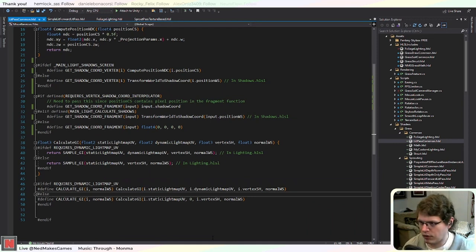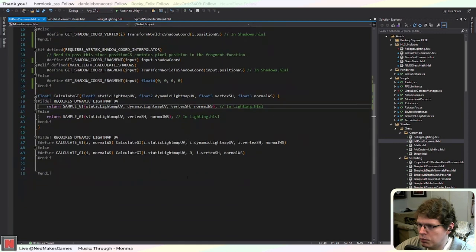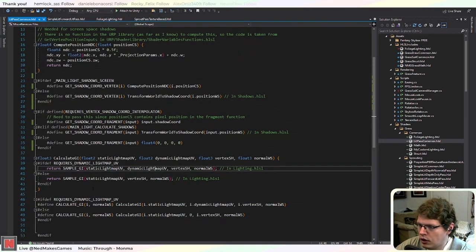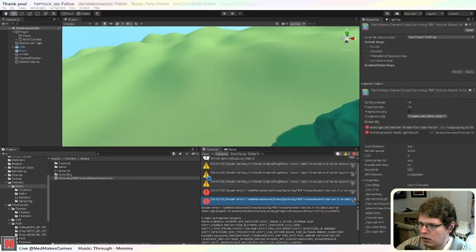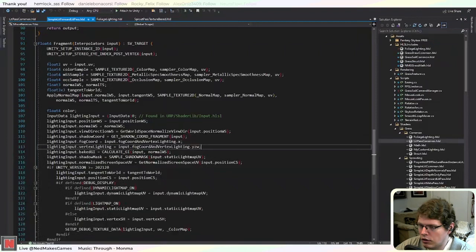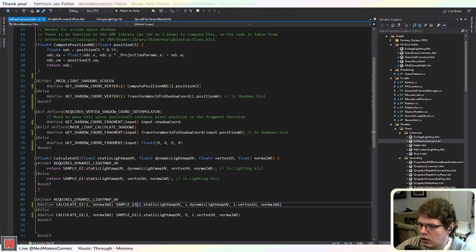This is kind of a shame because I don't really want to have to write or handle both of these cases, but well, okay. Let's see if this works. I don't think it will, but too many arguments for macro call. Okay, yeah, so that just makes me think that it doesn't like